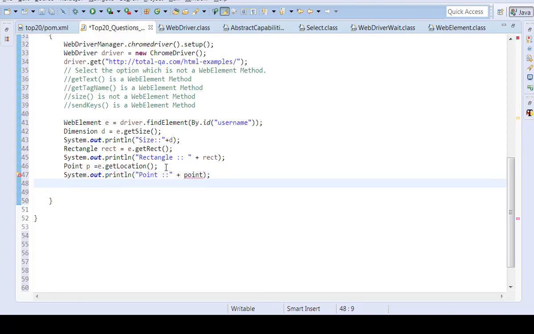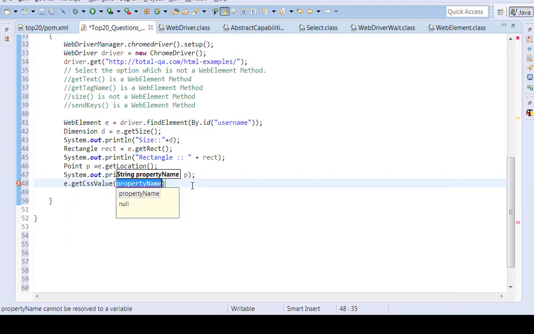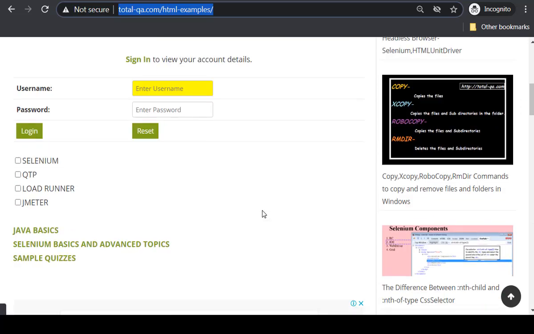Then next, if you would like to get the CSS value, e.getCssValue. What does it mean? If you look into our website, HTML examples, there is the background color yellow for this username text box.